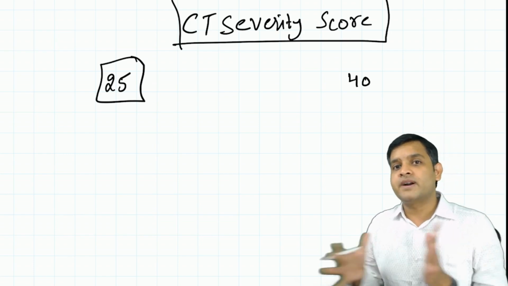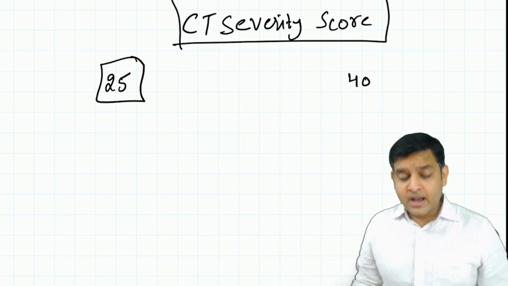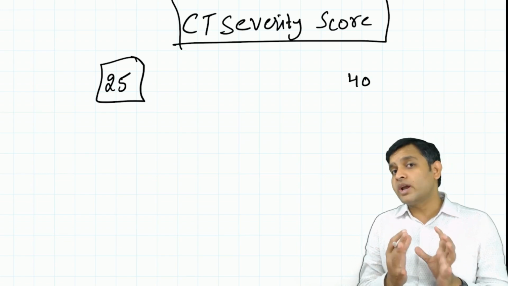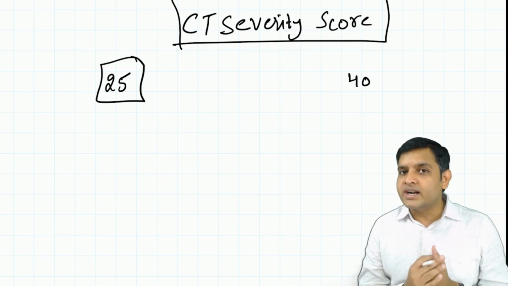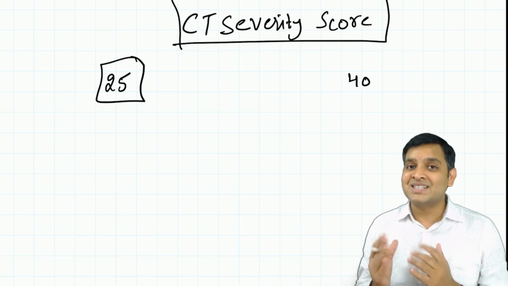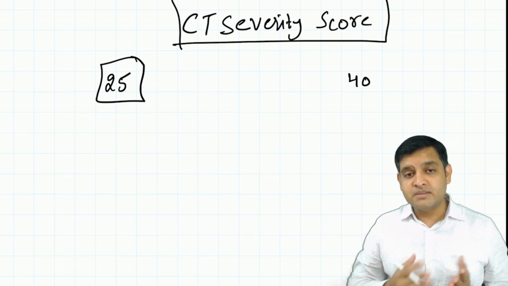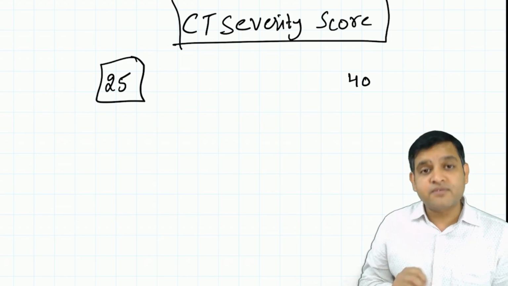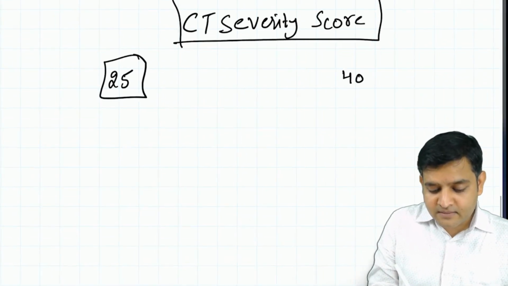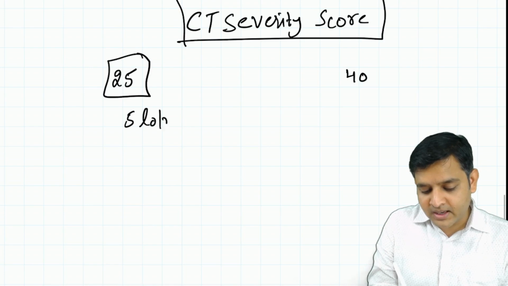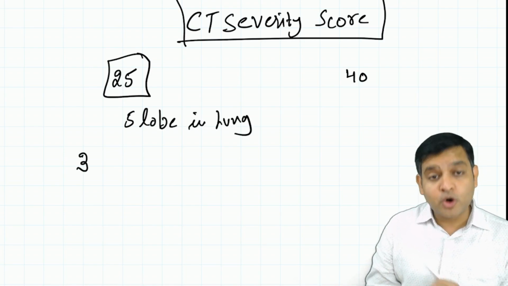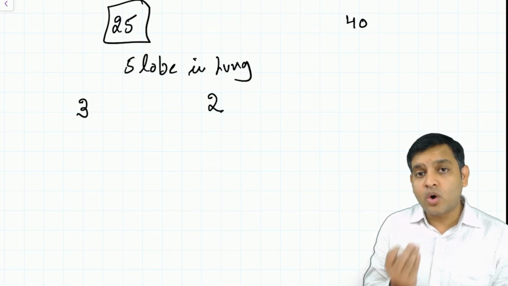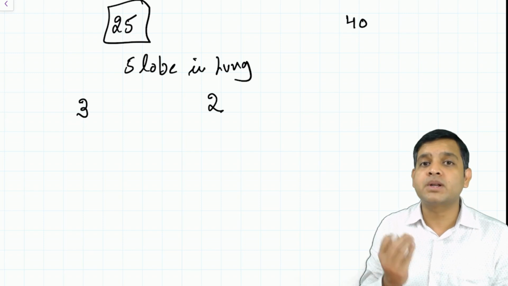However, there are different guidelines related to that. Another important point that I want you to know is that those scorings are not quantitative. These are semi-quantitative ways to assess the severity. So let us understand the meaning of this score out of 25 or score out of 40. In the score out of 25, we know that there are 5 lobes in the lung. Right lung has got 3 lobes and left lung has got 2 lobes. Each lobe is graded on the basis of involvement of that particular lobe.